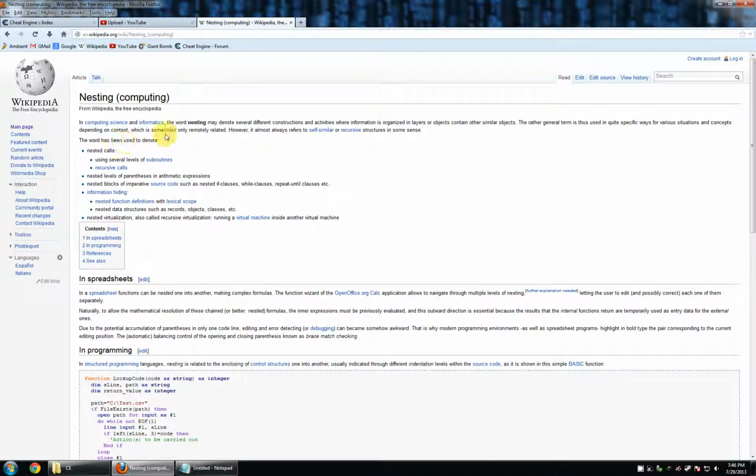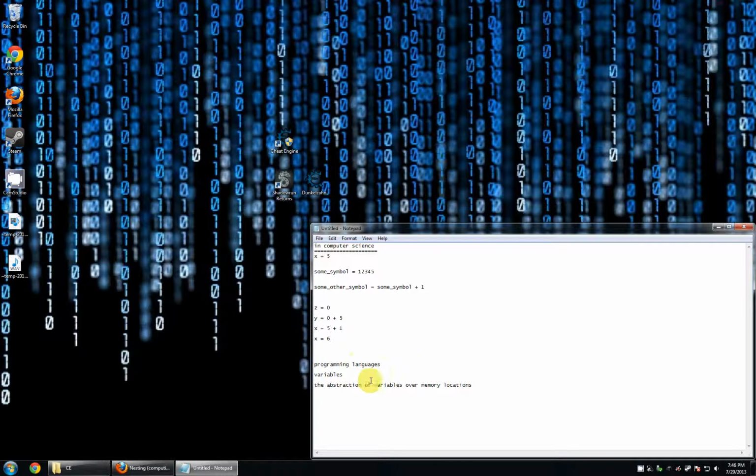In computer science, the word nesting may denote several different constructions and activities where information is organized in layers or objects contain other similar objects. The term is thus used in quite specific ways for various situations and concepts depending on the context, which is sometimes only remotely related. Wow, that's abstract. It almost always refers to self-similar or recursive structures in some sense. So again, if you want to be pedantic about it, am I misusing the term nest in what we just explained? Maybe, but